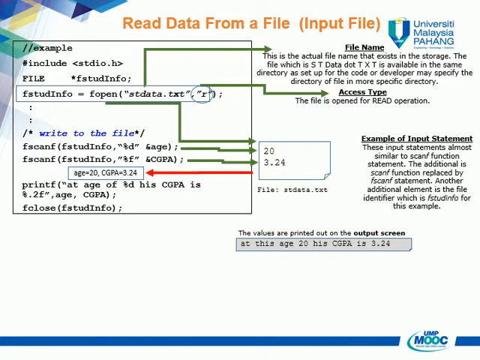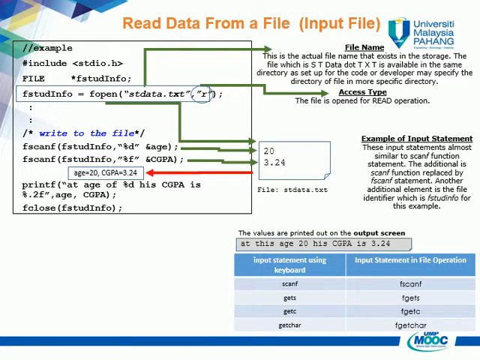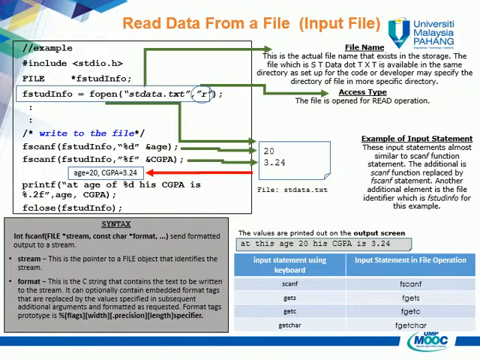This table shows the comparison of input statements interactively using the keyboard and input statements on the file operation. The input statements are fscanf, fgets, fgetc, fgetchar, and many more for C programming. From the example, the syntax for input statement fscanf is: